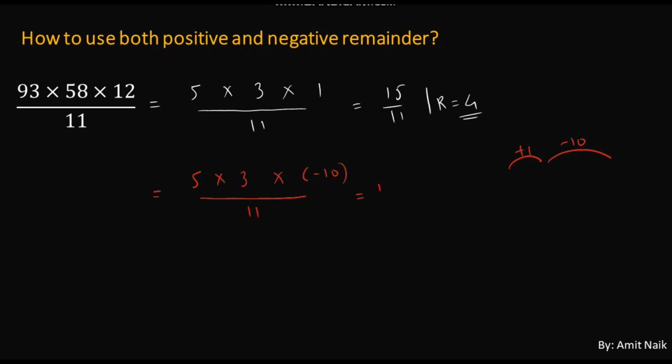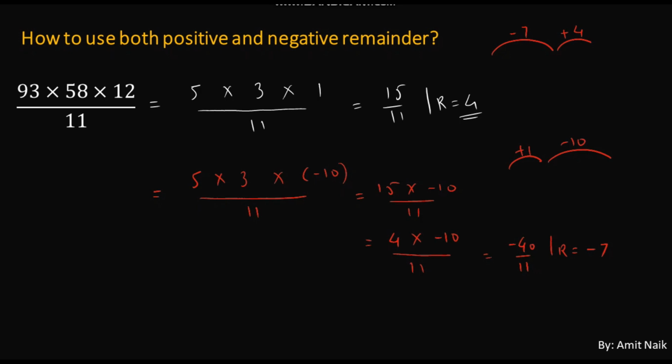So 5 into 3, it is 15. 15 into minus 10 divided by 11. Now again let us go by term. So 15 divided by 11, the remainder here is 4, and then minus 10 divided by 11, the remainder is minus 10, isn't it, because the numerator is smaller than the denominator. So that gives me minus 40 by 11. Now 11 3's are 33, which means the remainder is going to be minus 7, right, because 33 plus 7 is 40. So the remainder is minus 7, but we know the remainders are always preferred in positives. So if it is minus 7, it will be plus 4.